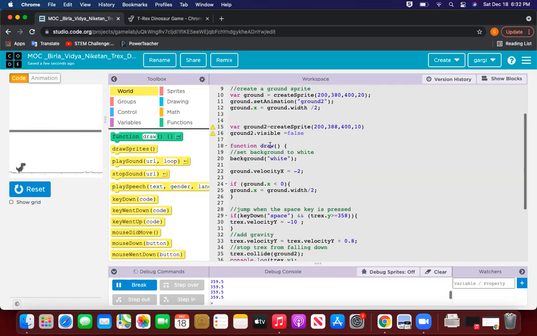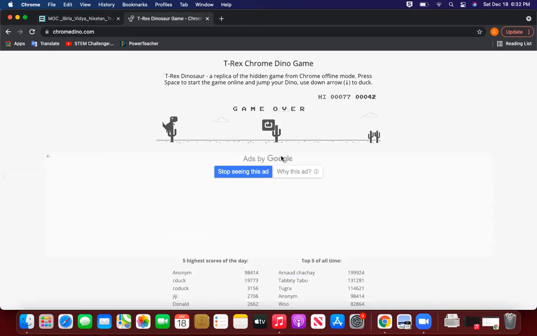Why? Because it is a part of my function draw. Every frame you can imagine as every second, just like we breathe in and out every second. So this step is happening every moment. But when we look at the actual output, we need some gap. So we need to create a delay.